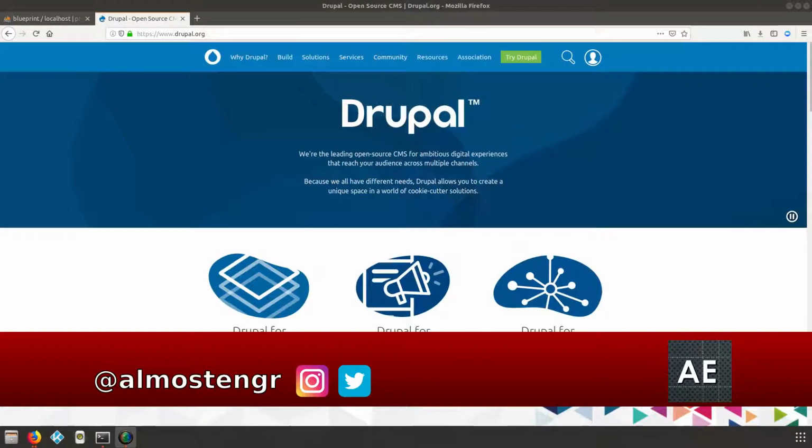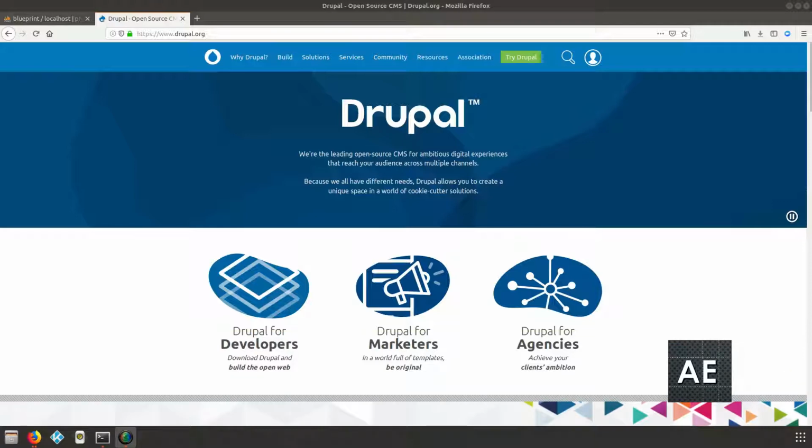So we're going to talk about Drupal 8. Drupal 8 has been out for about 2 years now, almost 3. And so it's based upon what is known as Drupal. Drupal is a content management system that is very popular. A lot of sites use it, including the Weather Channel and the White House website. And a lot of universities use it in their implementations of various systems and services that they offer to their